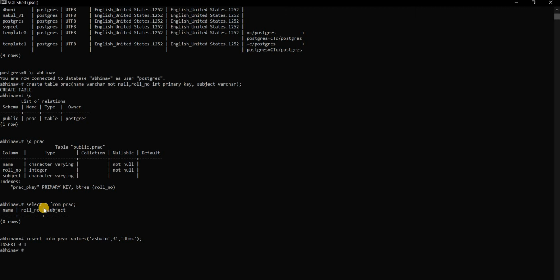Insert 0 1. Now we will see: select star from prac. Earlier we had 0 rows, now we have 1 row. Yeah, you can see here is 1 row.